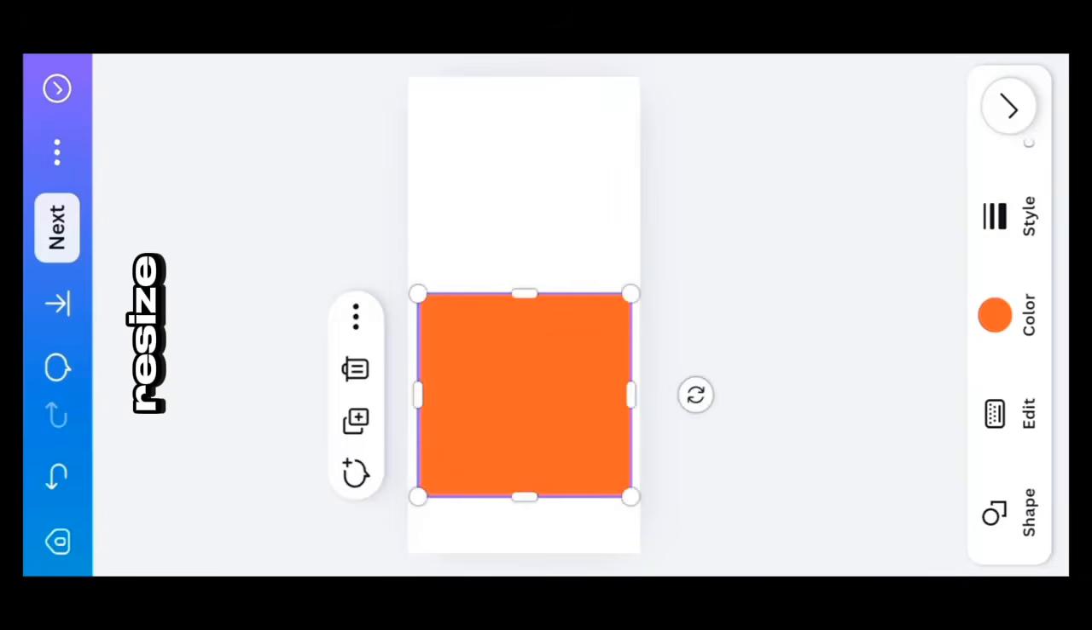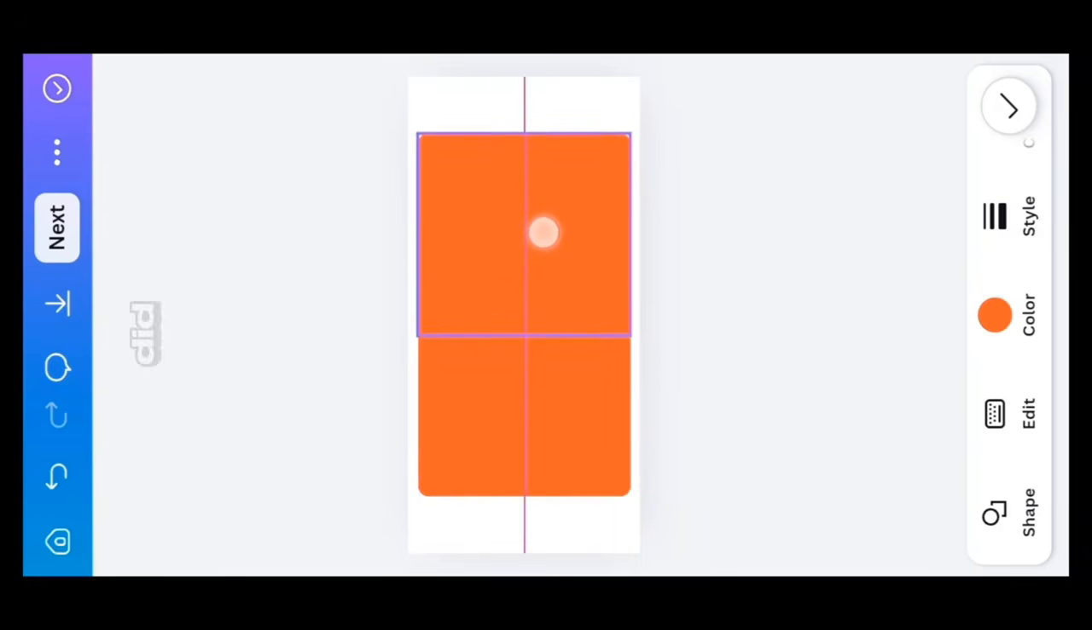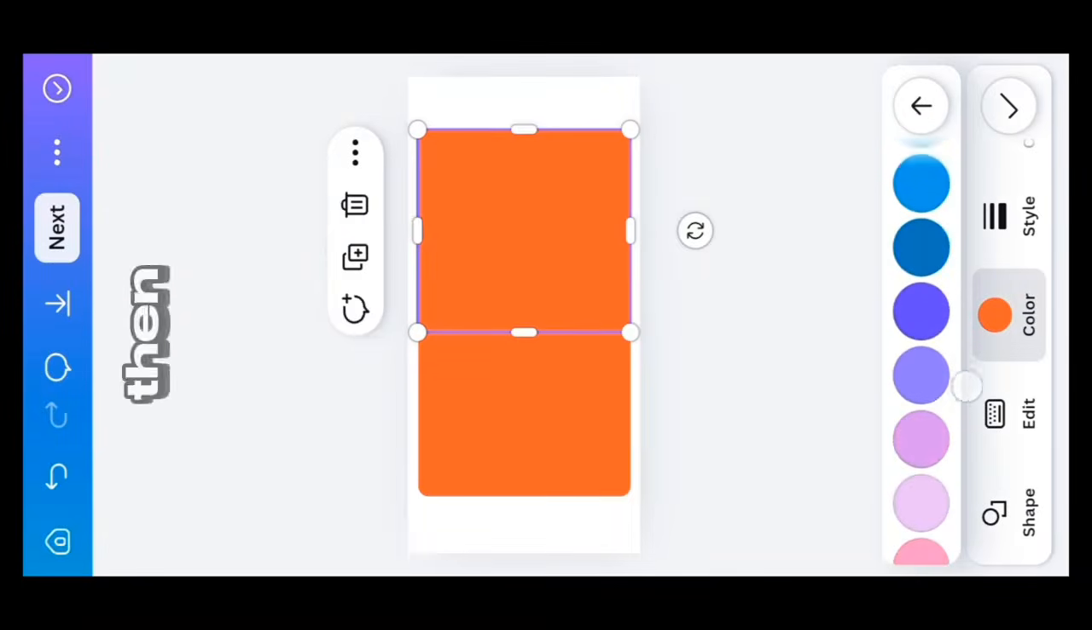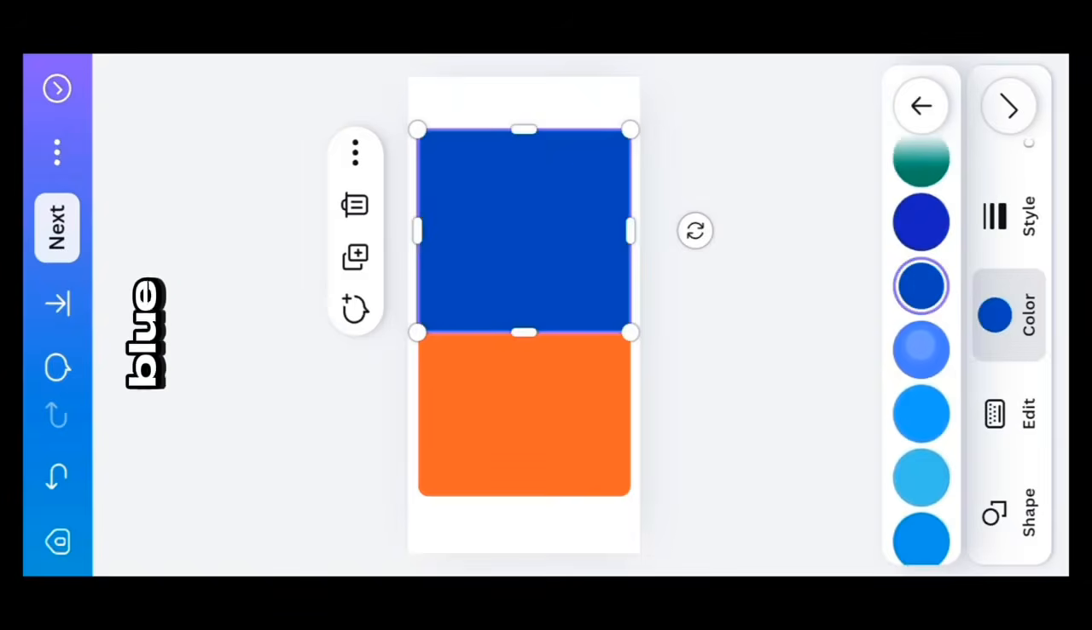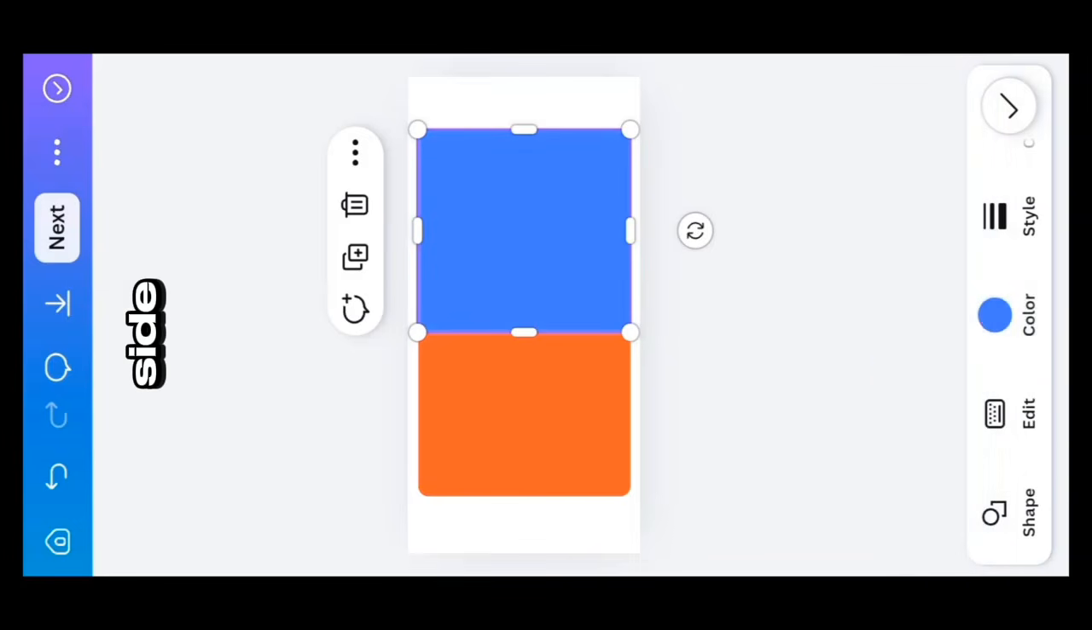So just resize it, slant your phone for a better view. So what I did here is that I copied the exact shape, then I changed the color to blue, lay them side by side,